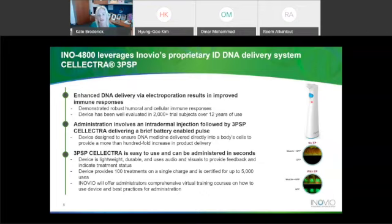seconds. And then just to give you a visual of the benefit of enhanced delivery using our device, what you're looking at here on the bottom right-hand side of the slide is rabbit muscle. And on the top panel, you can see we've just injected DNA expressing green fluorescent protein. So really, basically, it's just a marker for where the DNA is expressed. And you can see on this top panel, really, there's very little to no expression of green fluorescent protein. However, when we deliver that with our enhanced delivery technology, you can see the muscles themselves glow incredibly green. And that's really a very nice visual of us tricking, essentially, the tissue into becoming a factory for our antigen